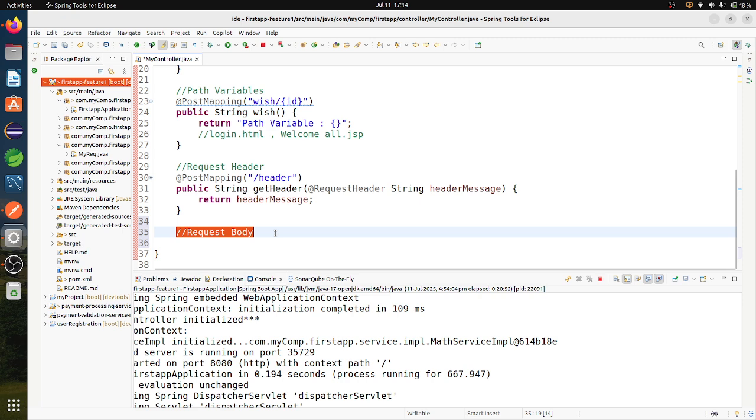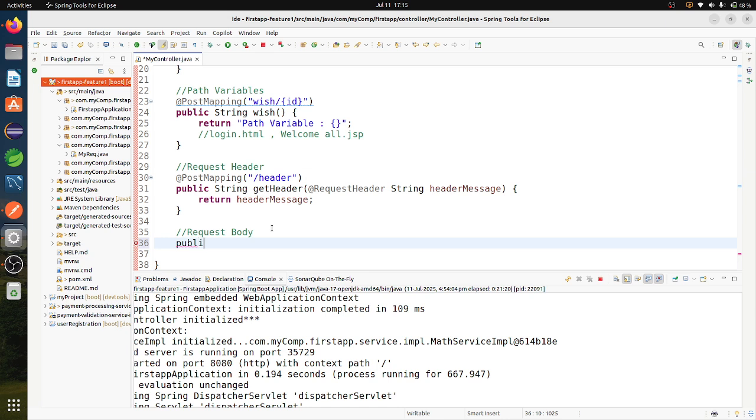And request body will be used whenever any user wants to make a registration, or pass any transaction details. At that time, if I use request body, all those details I can take in JSON format. Then I can give that data to other layers, maybe the service layer or the DAO layer, by taking it as a request body.